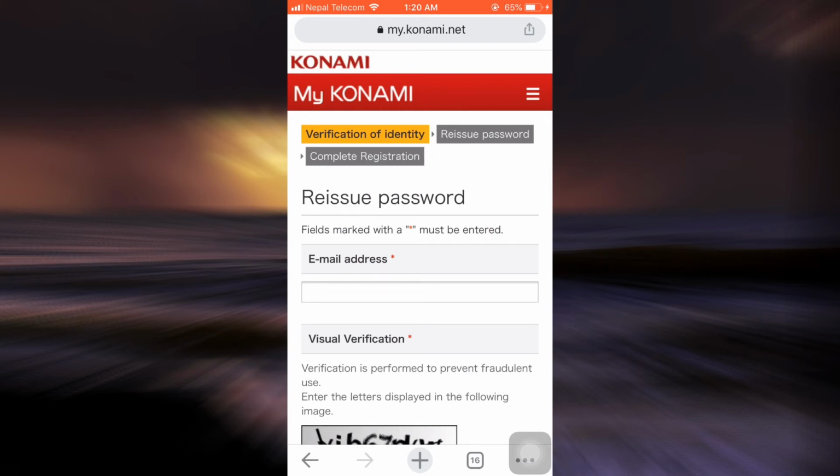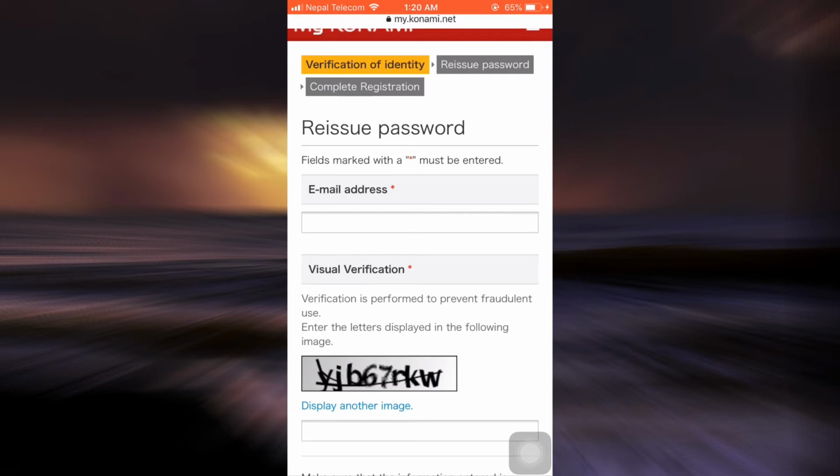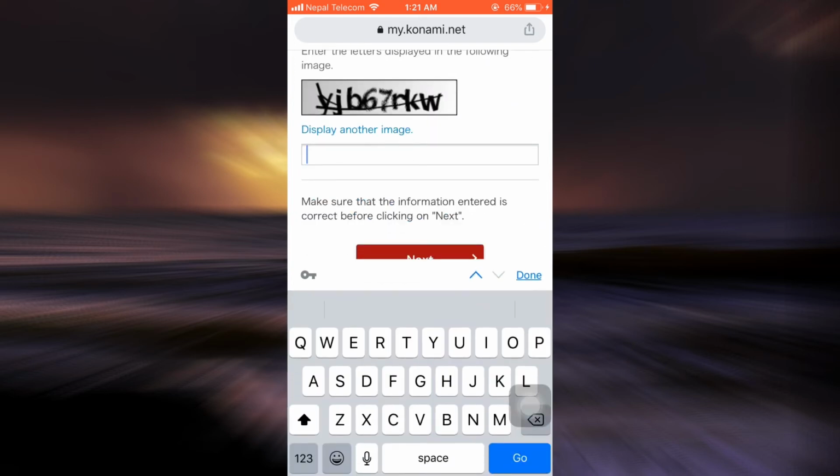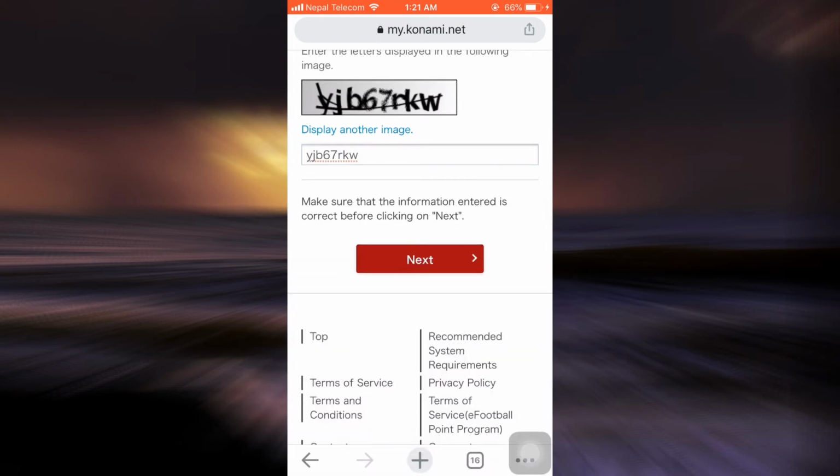After tapping on forgot your password, you will have to enter your email address over here. So I'm just going to enter the email address that is associated to my Konami ID account. And after entering your email address, you will also have to give a visual verification. So I'm just going to complete this as well. Make sure that you do this correctly, otherwise the processing will be withheld. Now after doing this, you can simply tap on the next button,